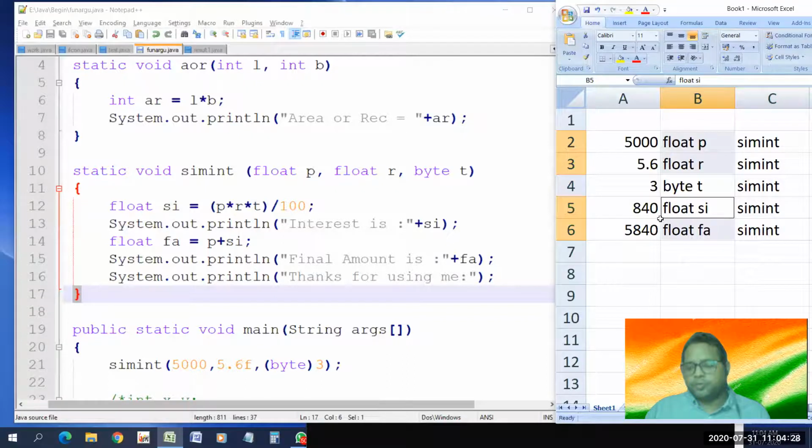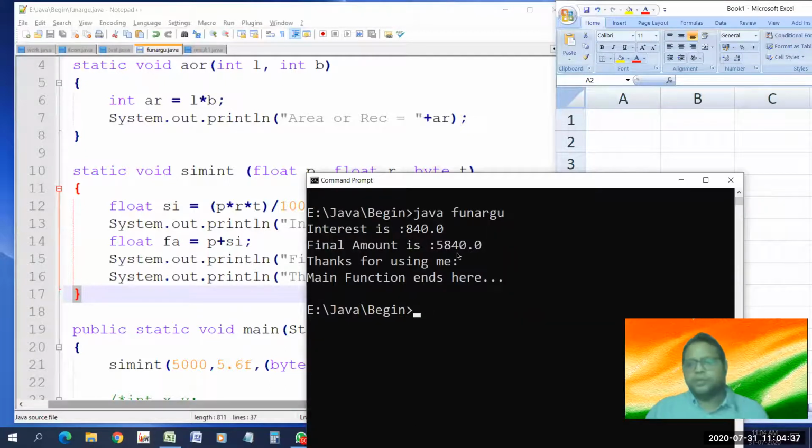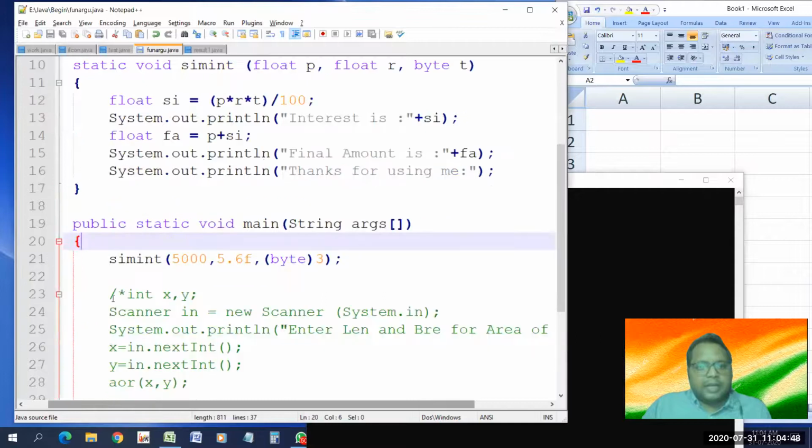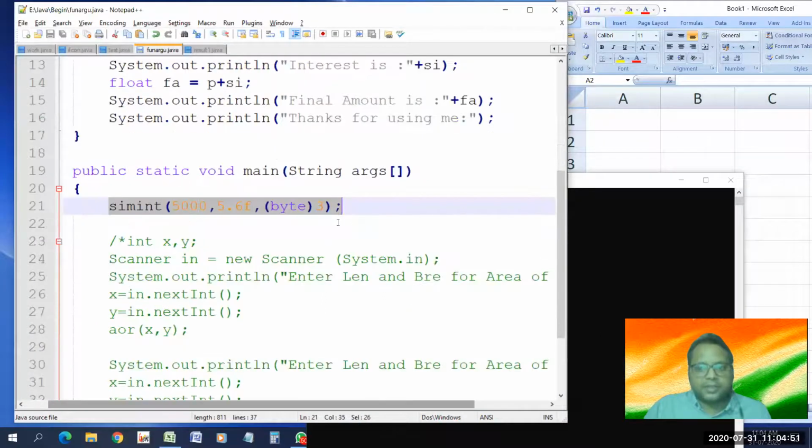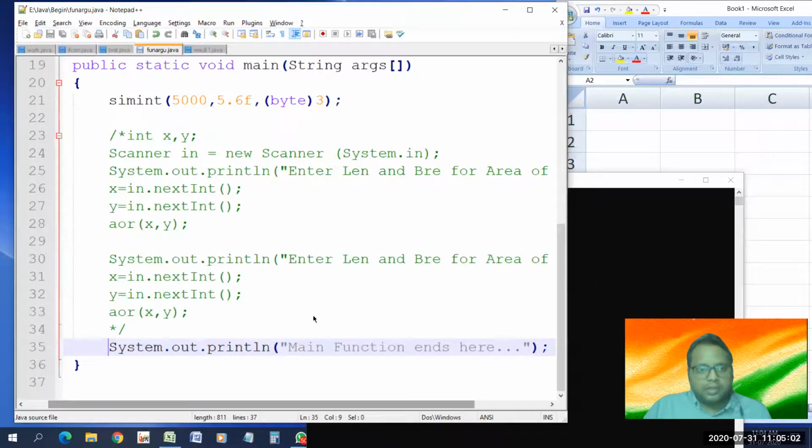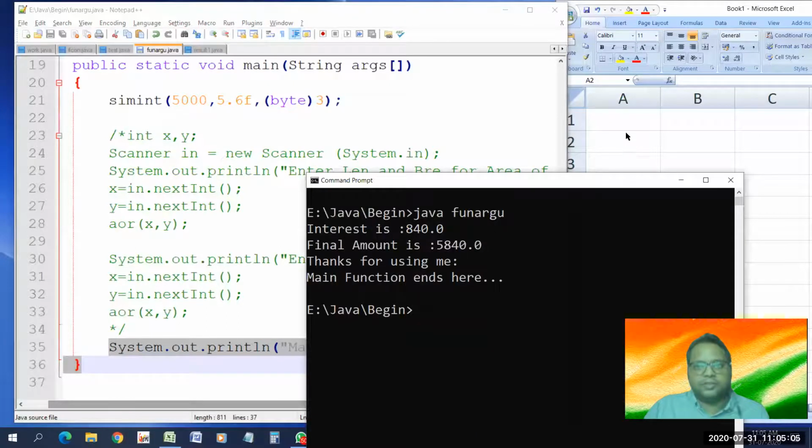So many bytes were being taken by this function, and now after the end of this function, things will get erased. But we have already got the output. If you want to save this, you can, but for that you need to learn other things, how to save things in files and databases. That's a different thing. Then it comes back to the main function, and all these were happening because of this particular function call. Then the main function ends here, and everything gets flushed out of the memory. This is how the program worked.